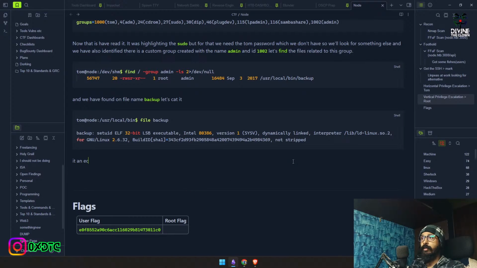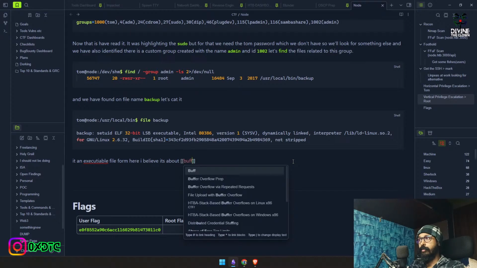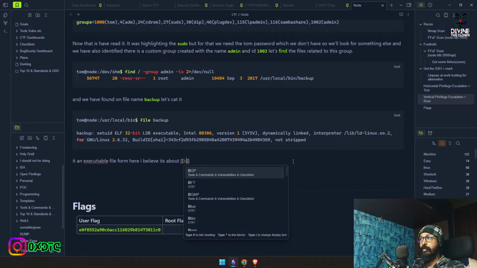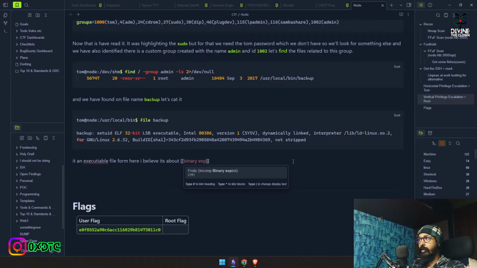It's an executable file. From here, I believe it's about buffer overflow. Binary exploitation. Oh, we don't have any of these, so